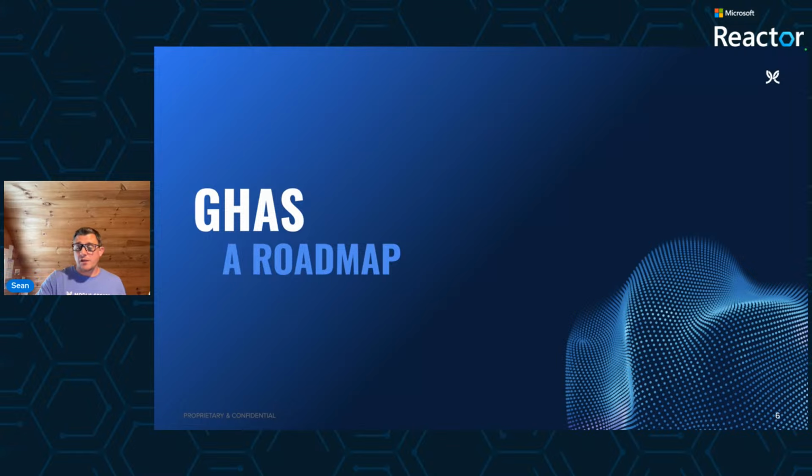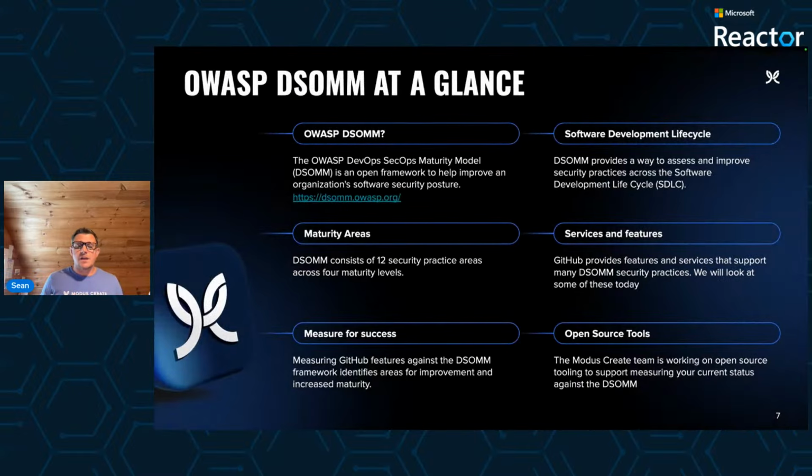So just to explain really what exactly it is, and to summarize a previous webinar on the subject, the Open Web Application Security Project is a globally recognized nonprofit organization dedicated to improving software security that provides freely available resources, including security standards, best practices, and tools to help developers and organizations build secure applications. It's best known for projects like the OWASP ASVS or Application Security Verification Standard, the OWASP Top 10, and more recently, the OWASP Top 10 for LLMs, as well as frameworks like the DSOM or DevSecOps Maturity Model.